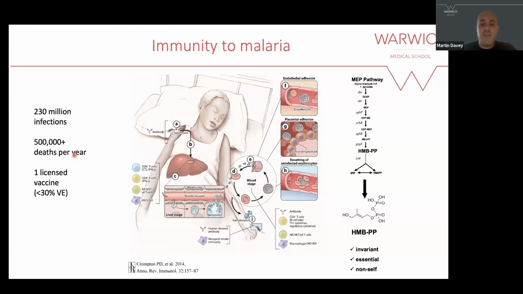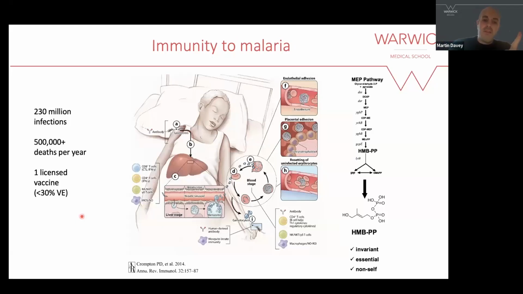But investment in anti-malarial strategies and anti-mosquito strategies has really dropped in the last few years. So there's no real end in sight for a lot of communities and populations in Africa particularly. As I said, there's only one licensed vaccine, so there's a major need, and the World Health Organization have mandated that we identify a vaccine that's over 50% effective in the next 5 years, hopefully. But one of the key challenges with malaria is the fact that it's a multi-life cycle, multi-stage parasite.